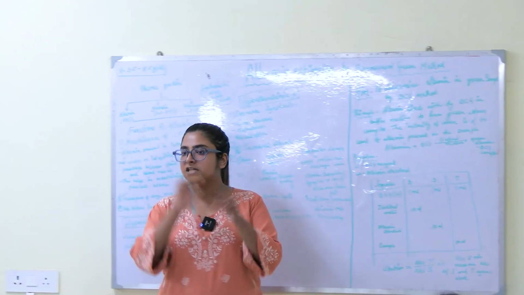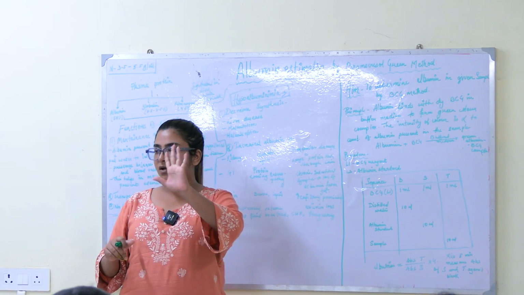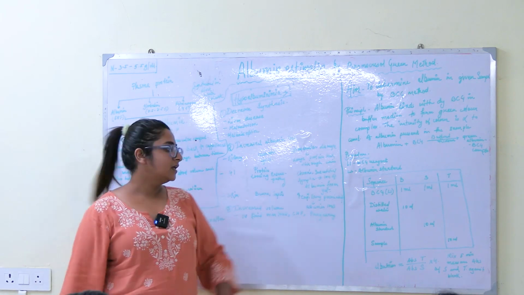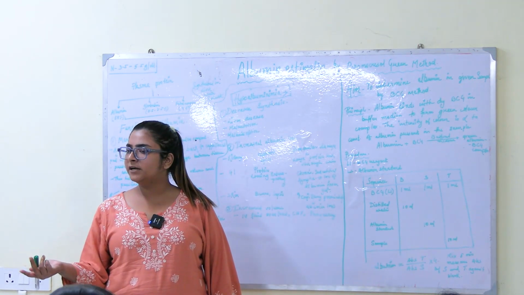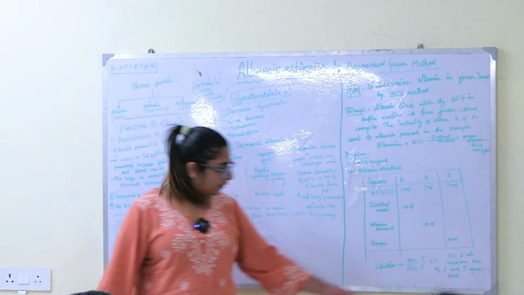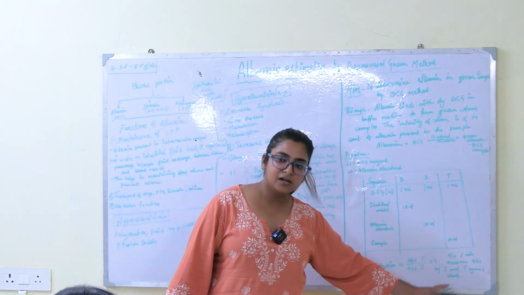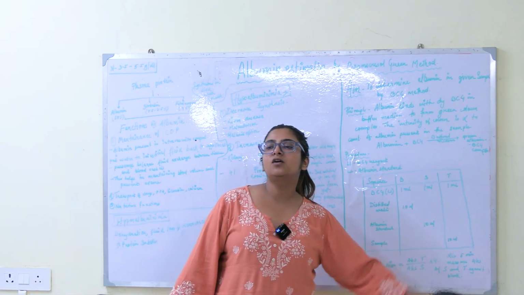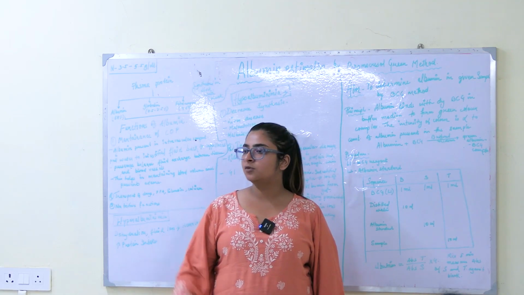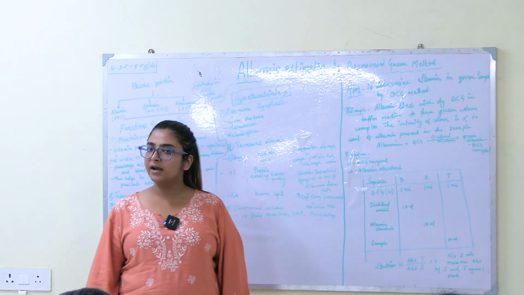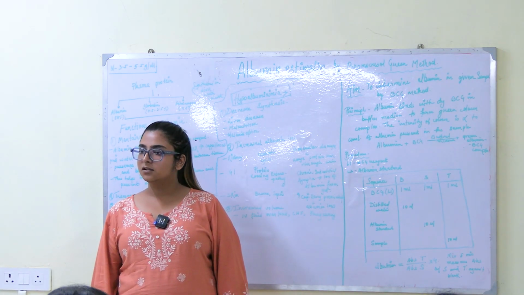Now you have done all these things. You will mix all the test tubes and wait for 5 minutes. Then you measure the optical density, the absorbance, in the colorimeter. Mix for 5 minutes and measure the absorbance of the standard and test against the blank in a colorimeter at 630 nanometer wavelength. Clear?